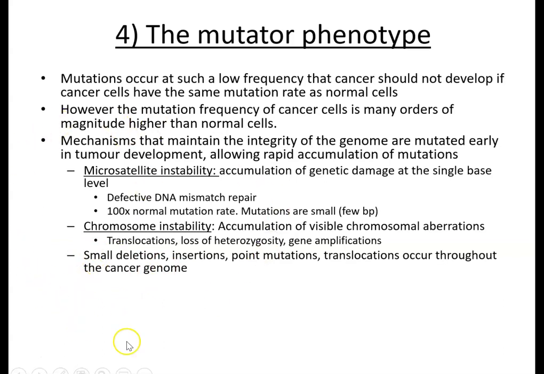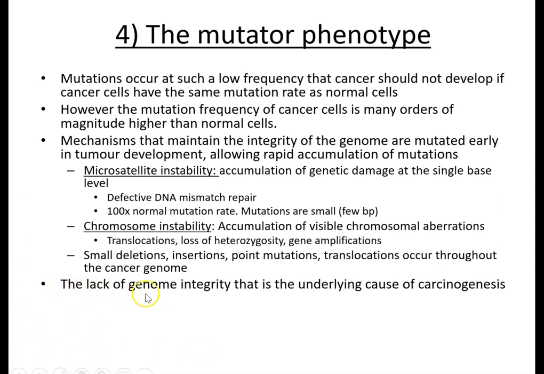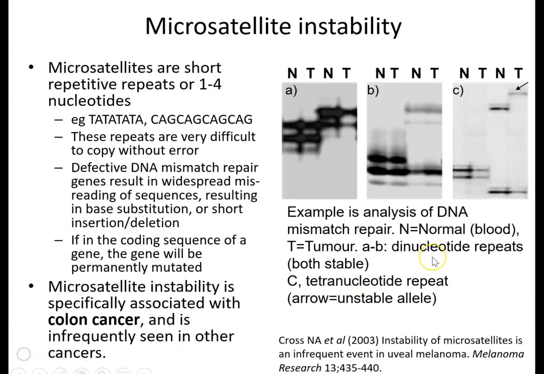So basically these can contribute to the cancer cell having vast numbers of mutations. And a key point is that lack of genome integrity is the underlying cause of carcinogenesis that allows those multi-hit models to accumulate all of the mutations required for cancer formation. Okay, so the first